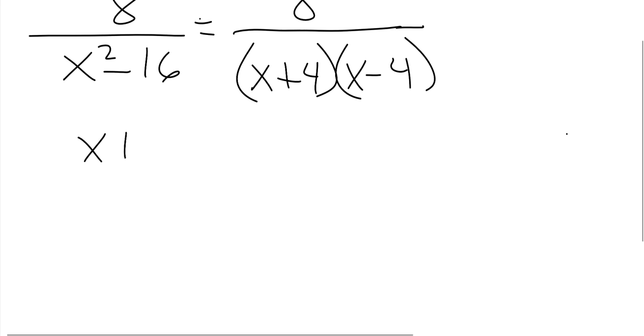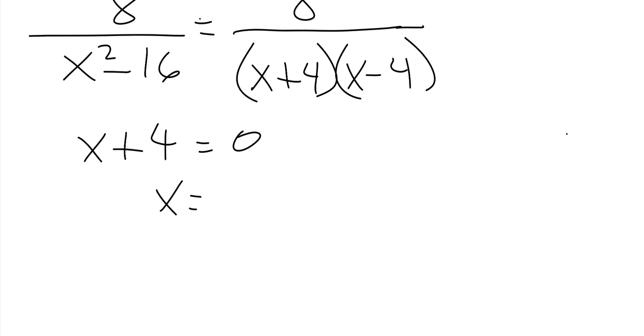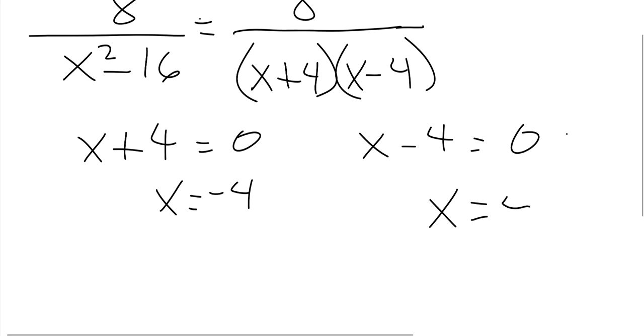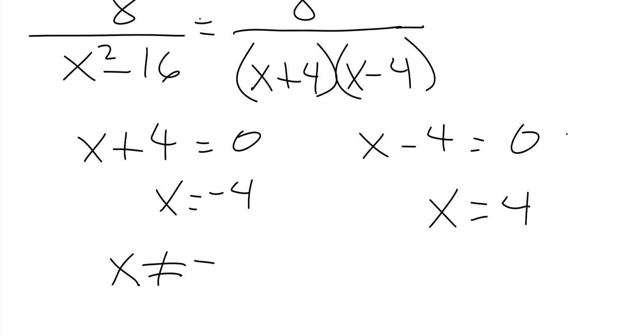So if x + 4 were equal to 0, that would mean x would be equal to -4. And if x - 4 were equal to 0, that would mean x equals 4. Now, both of these would be excluded. So what we're saying is the denominator cannot be 0. So that means x cannot equal -4 and